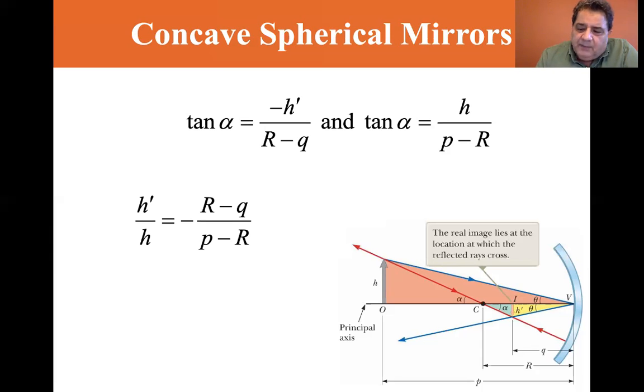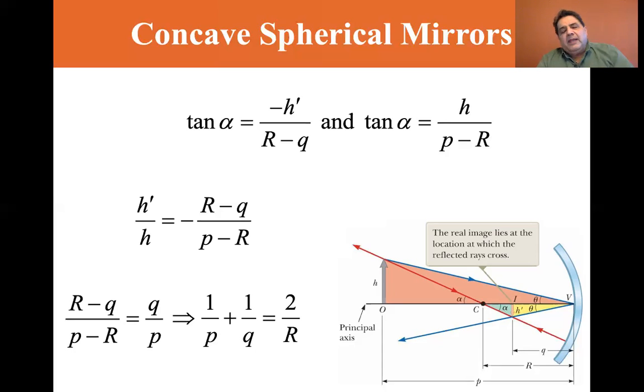Now they take that equation and they come up with 1 over P plus 1 over Q equals 2R. They don't go through the algebra. I've gone through the algebra. And for extra points, this is a test to see if you're really watching these videos. For extra points, you can send me the algebraic steps needed to get from P minus Q over P minus R equals Q over P to this equation, 1 over P plus 1 over Q equals 2 divided by R, where R is the radial distance of curvature,